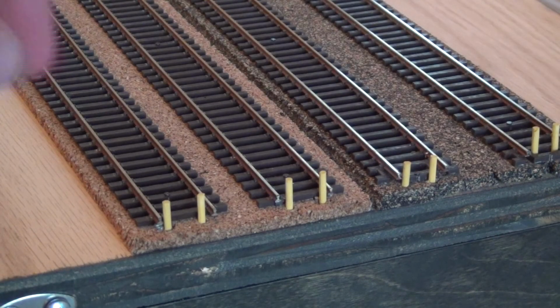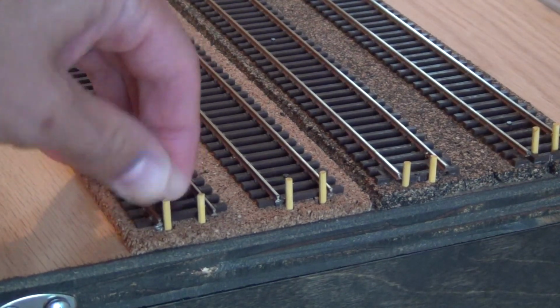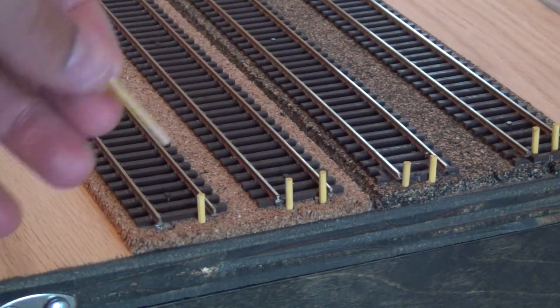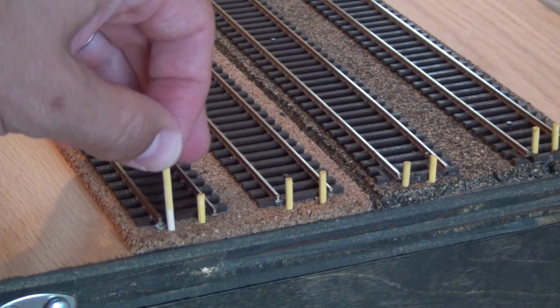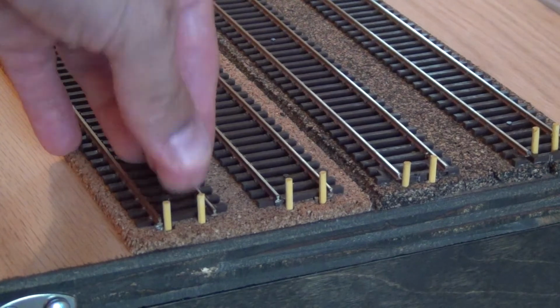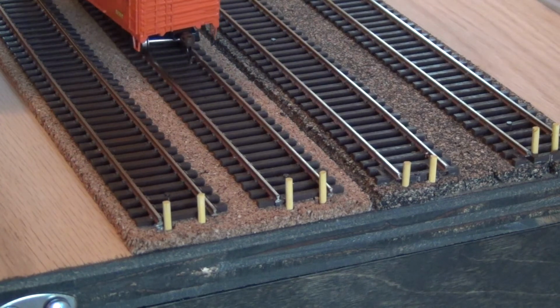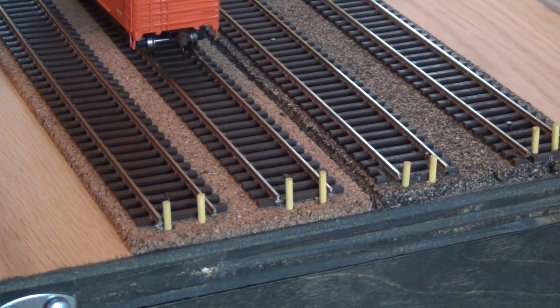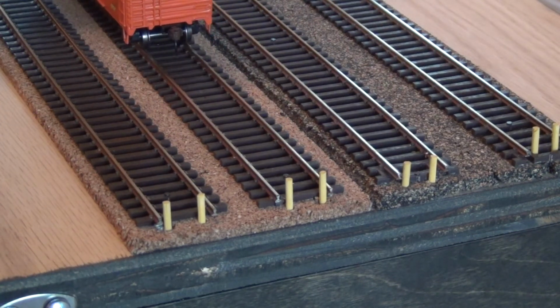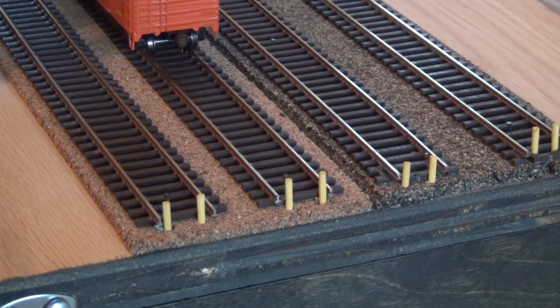Okay, so I got all the holes drilled and I got my wooden dowels installed. Again, they're not secured in there, so the holes are just drilled out to the depth that I want them. They'll hold nice and secure in place. Here's what I like about these. Track bumpers would take probably an inch and a half away from my overall running length, and here's what